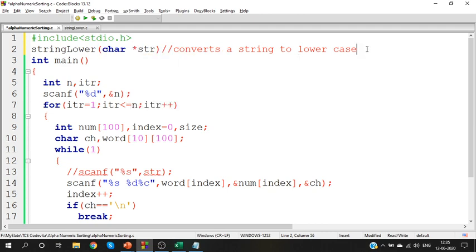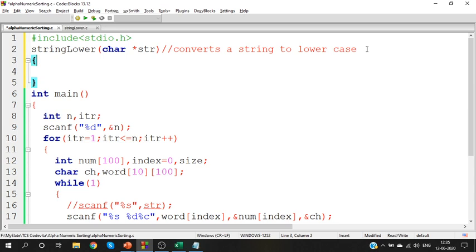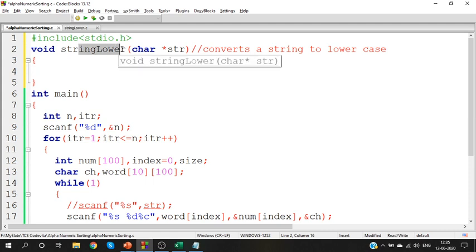Guys, how to pass an array to a function? All these are basics only. So you should be familiar with the basics to understand this program. I can't keep explaining why we have star str, why we have named a function like this. I can't keep explaining everything. Get familiar with the basics.